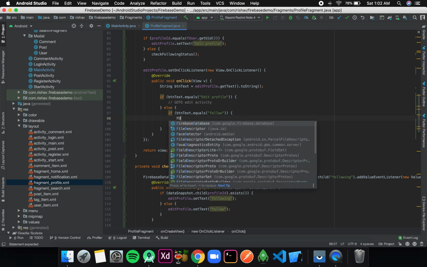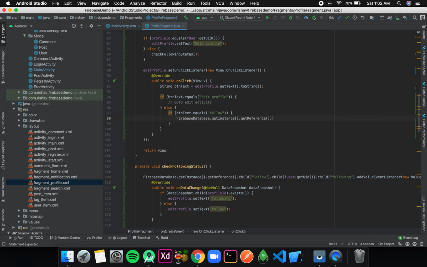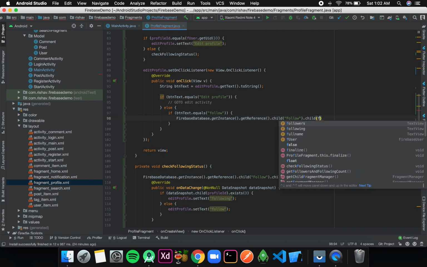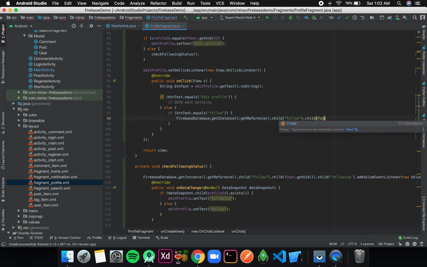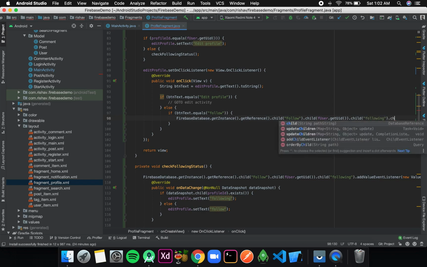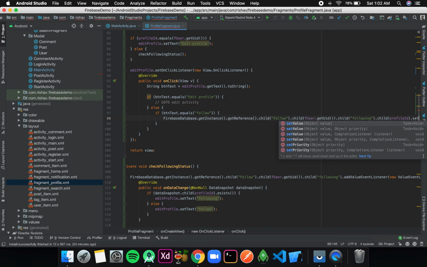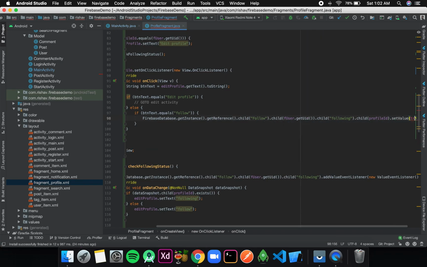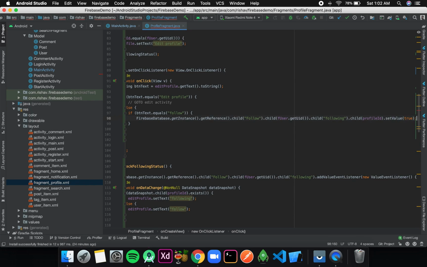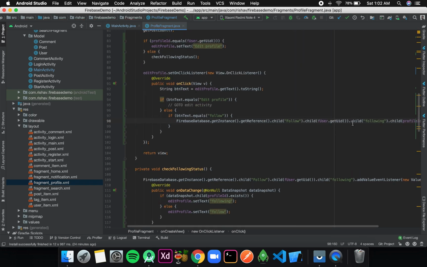So for that I'll write FirebaseDatabase.getInstance().getReference().child("Follow").child(fUser.getUid()).child("following").child(profileId).setValue(true). Okay, and I'll break it from here.